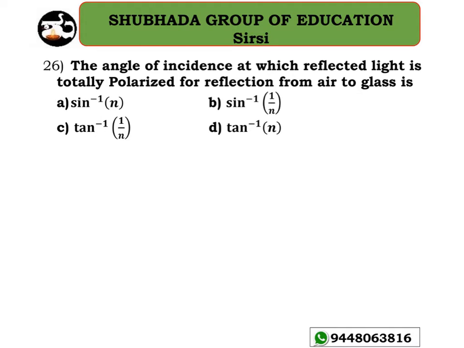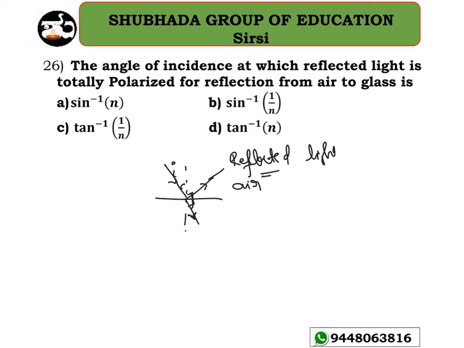Okay, so as you know, while polarization, if this is the incident ray of light and this is the normal, this is the reflected ray of light and this is the refracted ray of light, if there is a mutually perpendicular relation between the reflected ray and the refracted ray, at that time we can say that the reflected ray of light is completely polarized, correct? Reflected light is completely polarized. So let me take the angle of incidence here. Now you know that it is going from air to glass of refractive index n, let me take here.